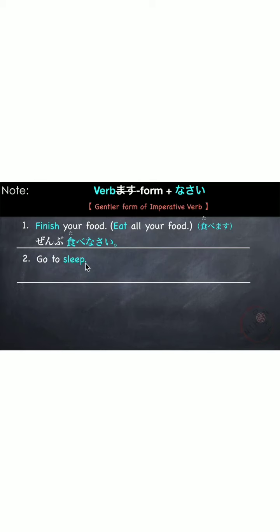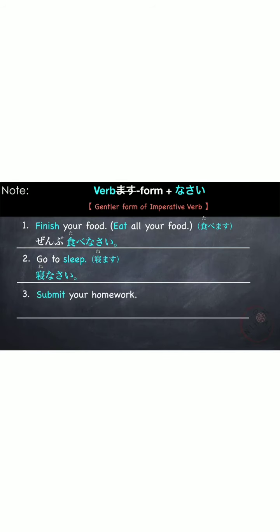Our verb is 寝ます。We say 寝なさい。Next example, submit your homework. Our verb is 出します。宿題を出しなさい。